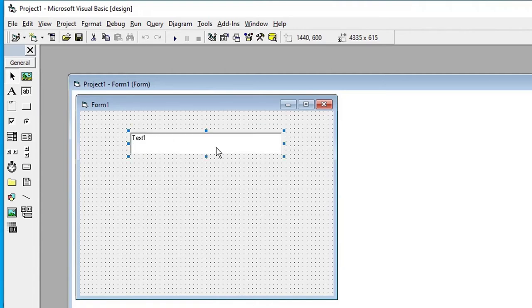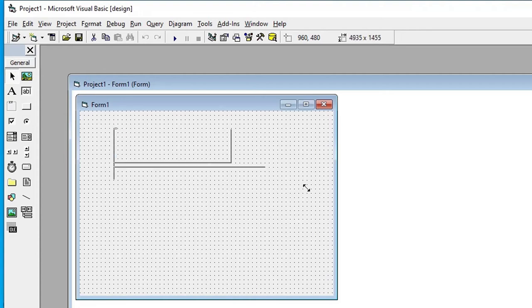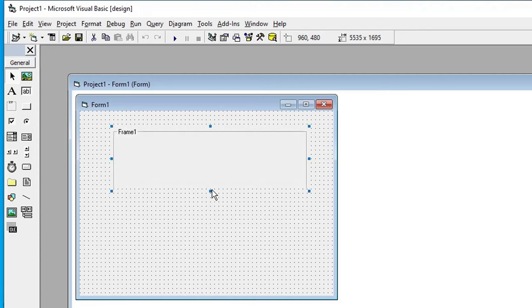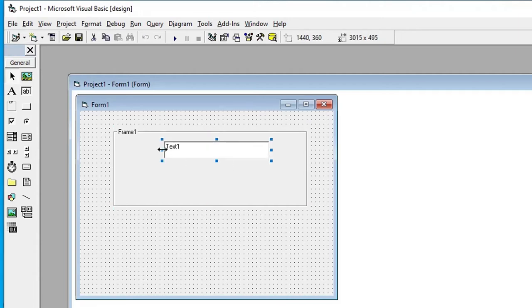or alternatively, let me use a frame to arrange my text box and a combo box inside. A frame like this. Here I should have one text box, text one, then a combo box,